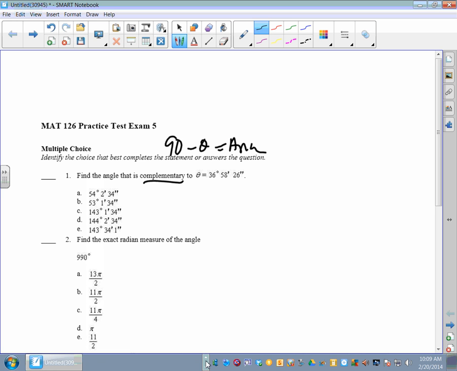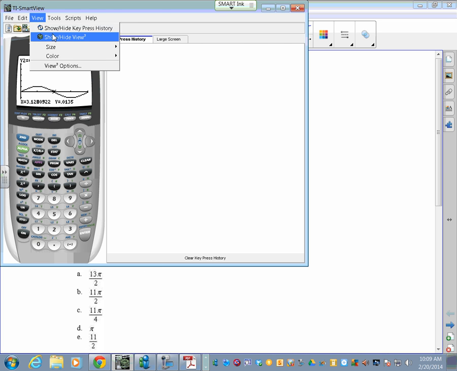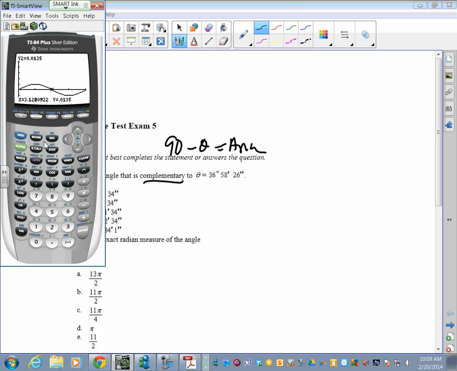I'm going to do this one on the calculator. The other day I did it manually. New, show high, there we go. That's quick. Just to review where some of the buttons are. Mode would be in degrees. There we go. And then I would take 90 minus 36, second angle,